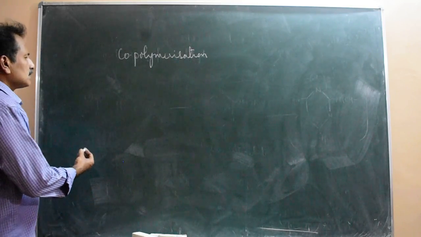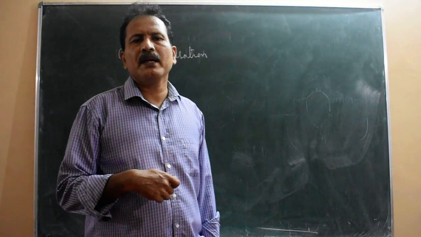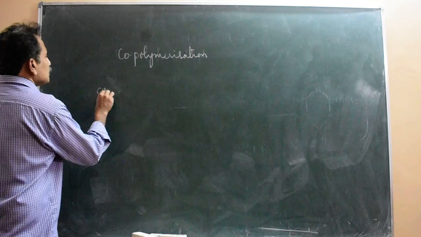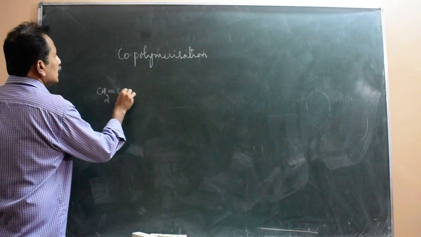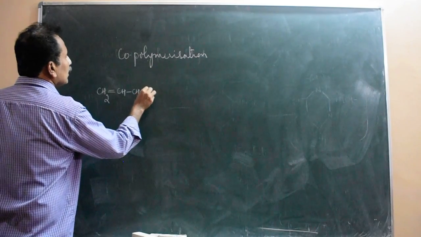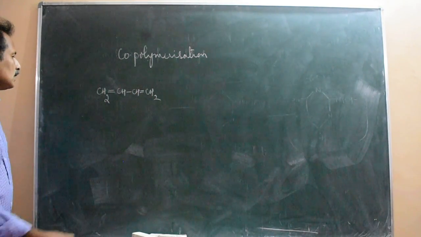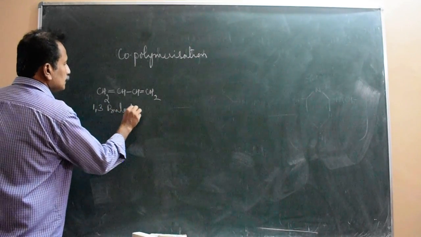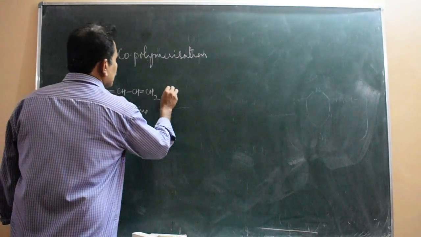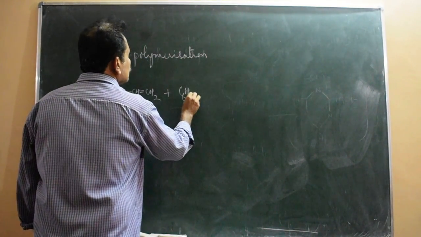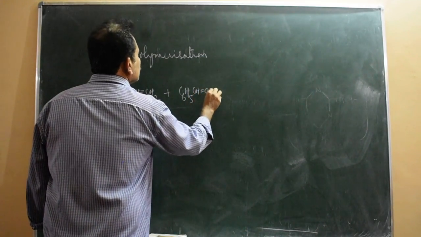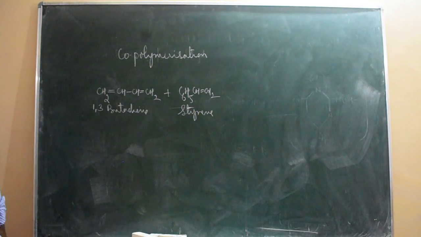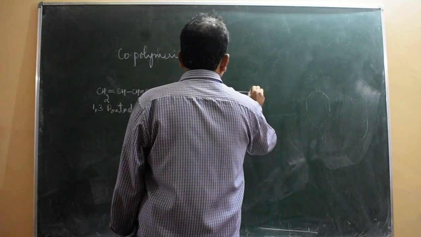One good example is the polymer that is derived by combining 1,3-butadiene with styrene. So CH2=CH-CH=CH2, this is 1,3-butadiene, plus styrene. This is styrene. So they will combine and polymerize to form